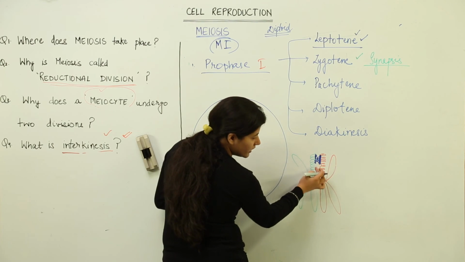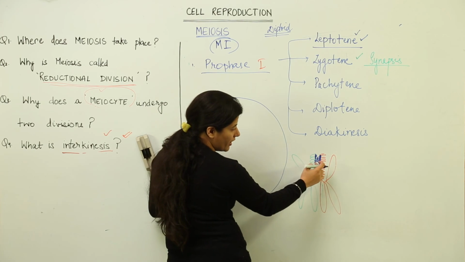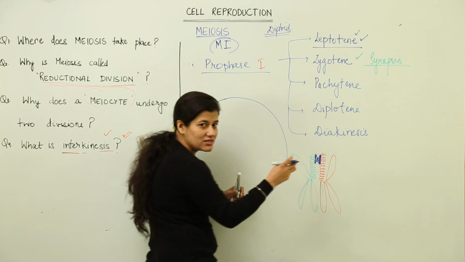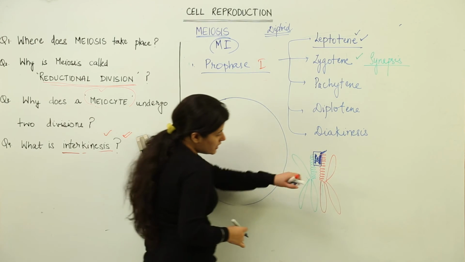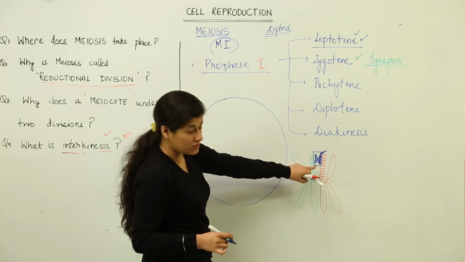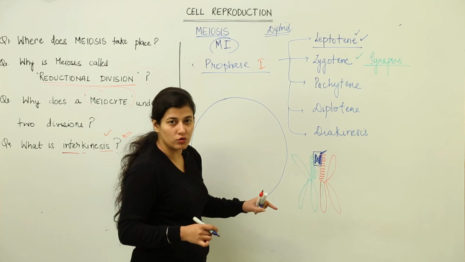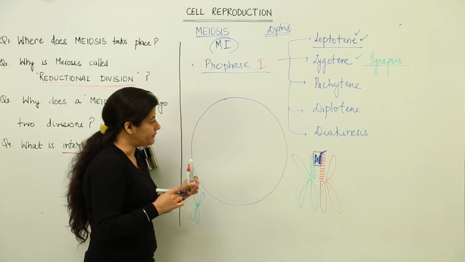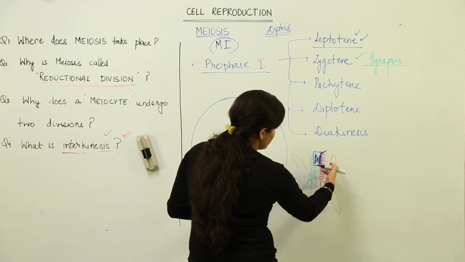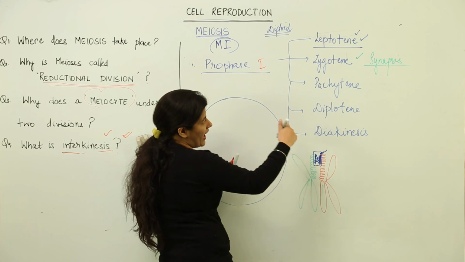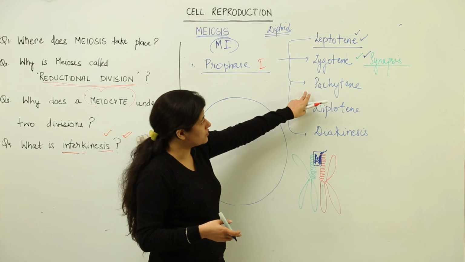Please pay attention. There are lateral elements attached to the chromatin material of the chromatids, and in between there is the synaptonemal complex which joins them. Such synaptonemal complexes would be present all over the non-sister chromatids of the homologous chromosomes, binding them. When the synaptonemal complex is formed, they join to each other, and this is the characteristic feature. Now the cell is going to transit to this